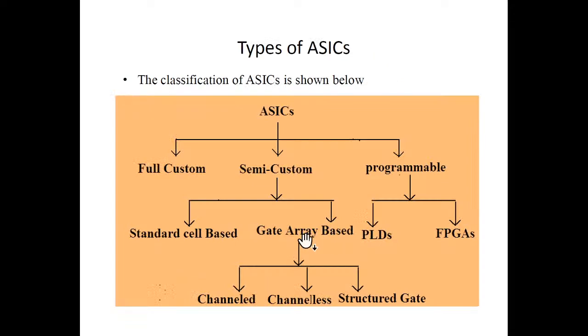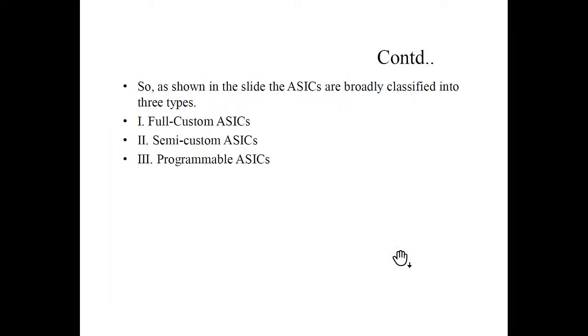This sea of gates array or gate array-based design is divided into three different types. One is known as channeled gate array, another one is known as channel-less integrated circuit, and the last one is structured. Same as another type of semi-custom, standard cell-based design, and the third part of ASIC is full custom design. So this one is the chart that divides the ASIC design into different subfamilies.